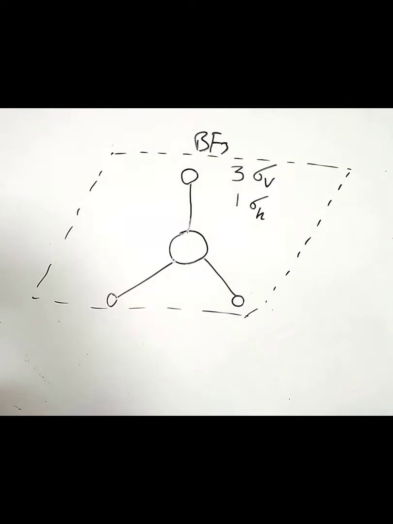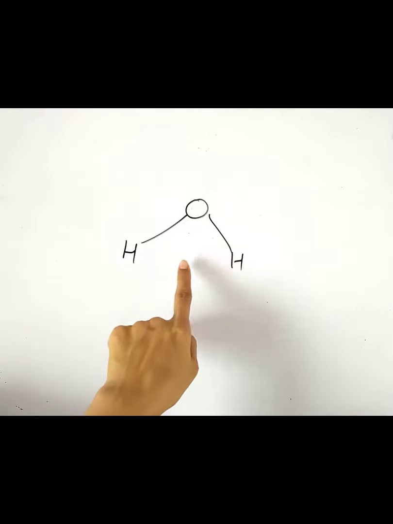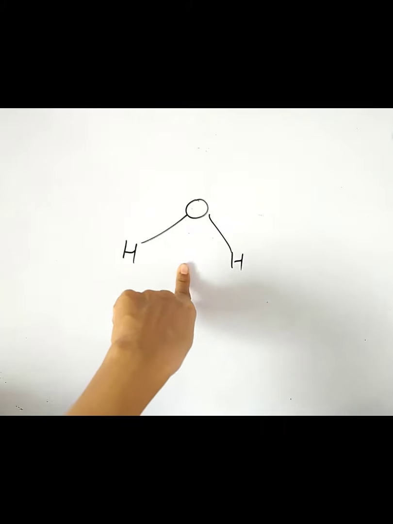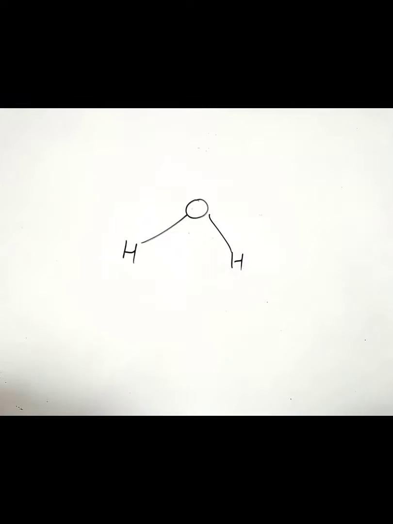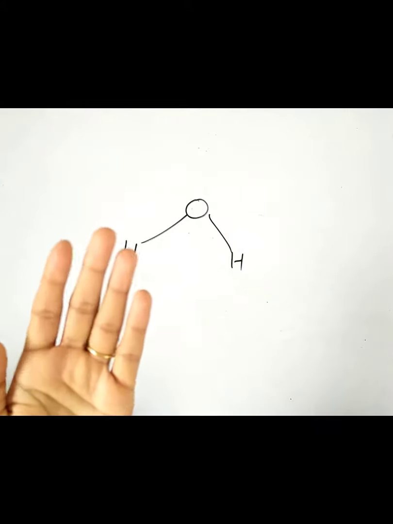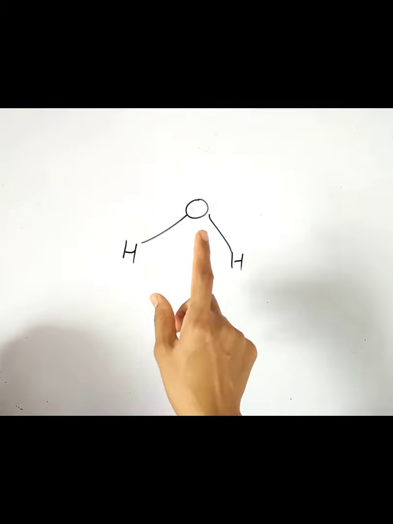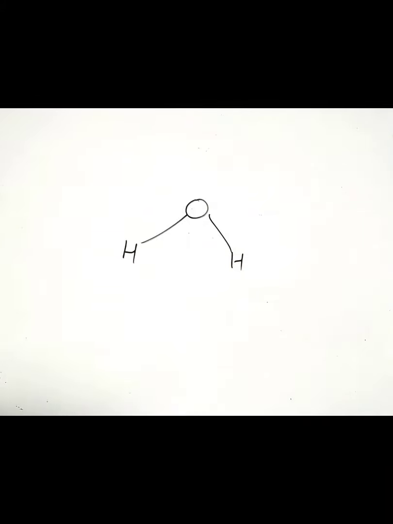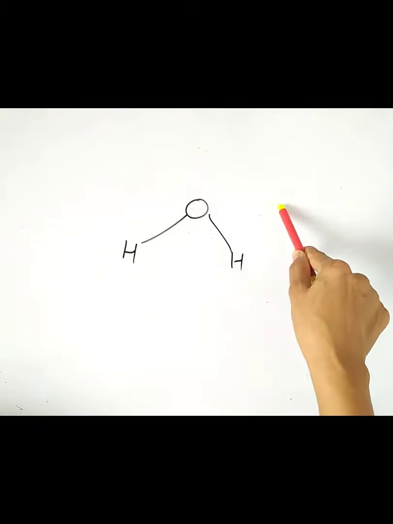In the next module, we'll find out the planes that are present in the water molecule. Before knowing the plane, you must know the principal axis present, because with respect to the principal axis only we are going to compare the mirror plane, whether it is perpendicular or whether it is parallel. Hence, first you must be able to determine the exact principal axis and then we can find out the plane. So we will take the planes present in the water molecule in the next module.